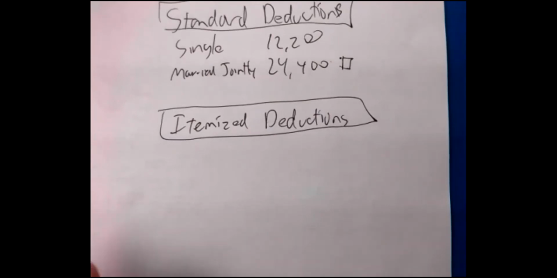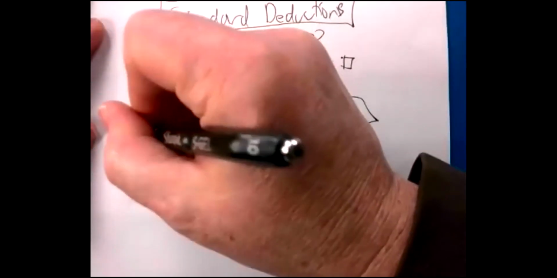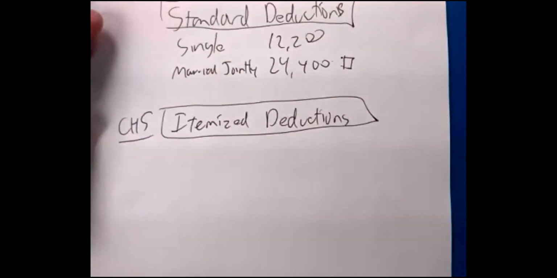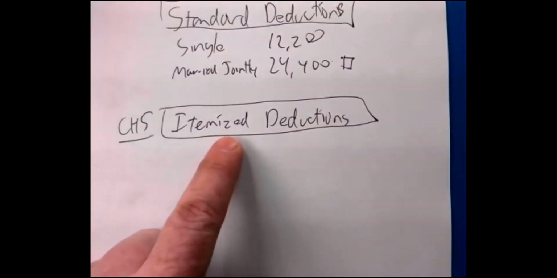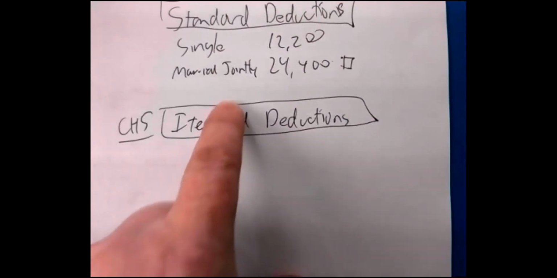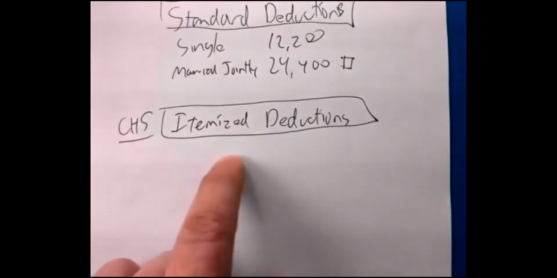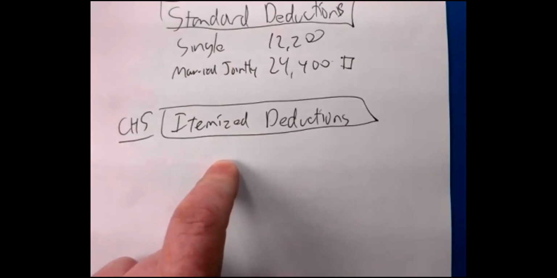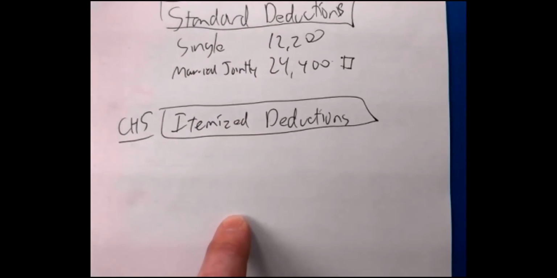So anyway, this is kind of what Chapter 5 is getting into. Now, there are some people for whom itemized deductions are more favorable. So it isn't that everybody should be doing these. If you have a lot of expenses, itemizing can be the way to go. Today we're going to concentrate on the first one, which can be a huge one for people, and that is the medical.